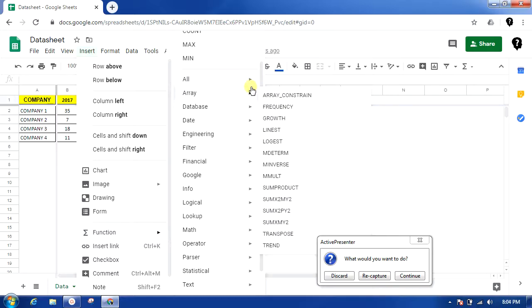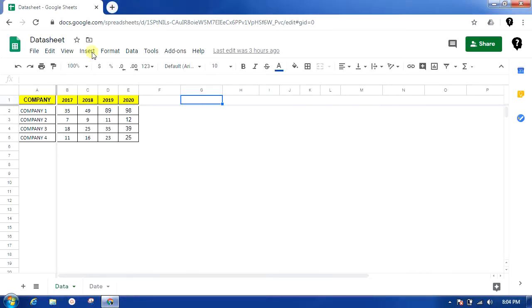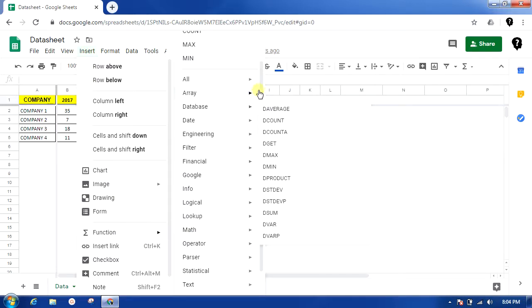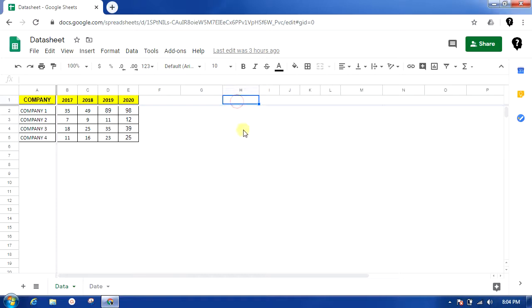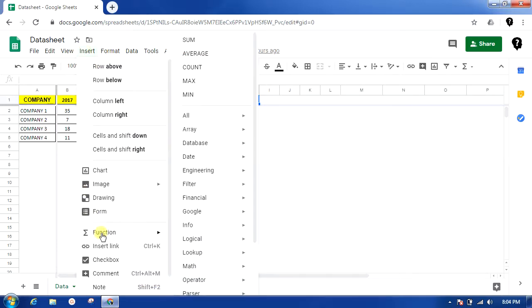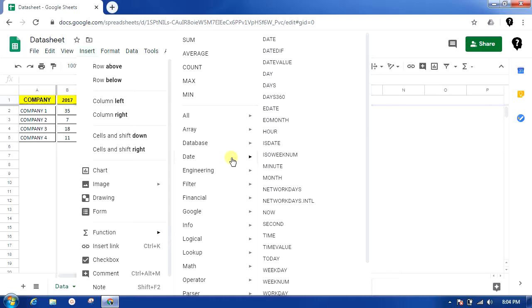Sometimes we know that we want to do something in Google Sheets, but we may not be sure whether we have that formula or not. For example, if I have a particular date, I want to find out the week of that date. We are not sure if there is any direct formula, or whether we can use a combination of two different formulas. However, we know that we want the week number from the particular date. So this is how you need to relate your requirement to how you can find it in the particular classification.